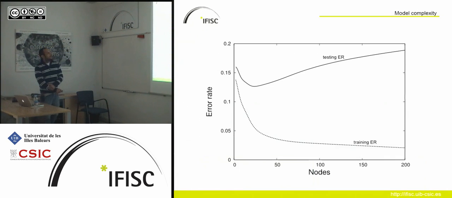Our first result is in this case what we call the model complexity. Here we have the number of nodes or neurons that are in the reservoir, and we have the error rate, that is the number of times that I made a mistake in the prediction over the total number of samples. We have a training error, that is the dashed line, and let me tell you how it's computed. We take the training data set, we create a classifier using that data set, and after that we are going to evaluate how the classifier performs.